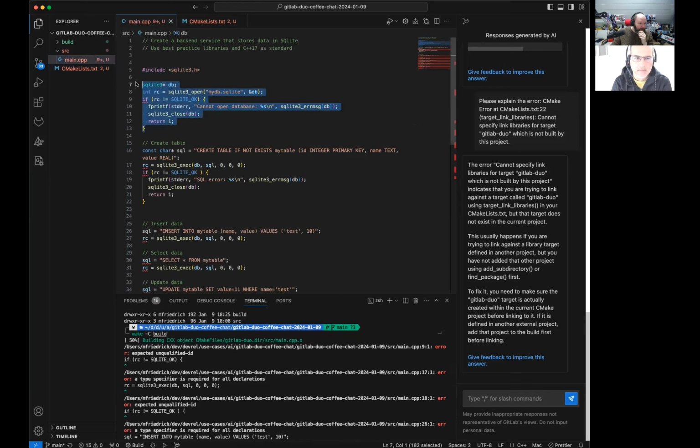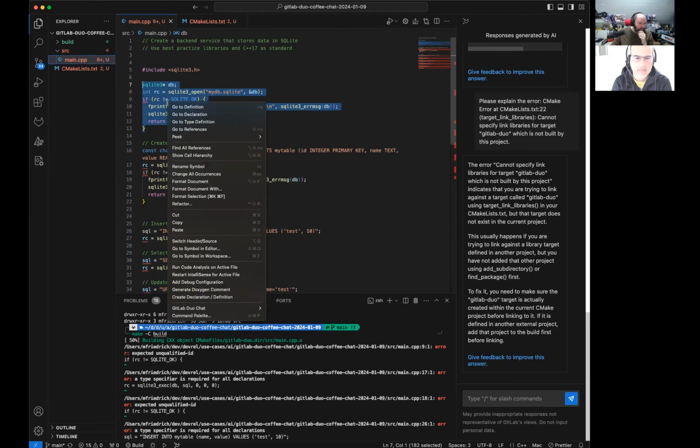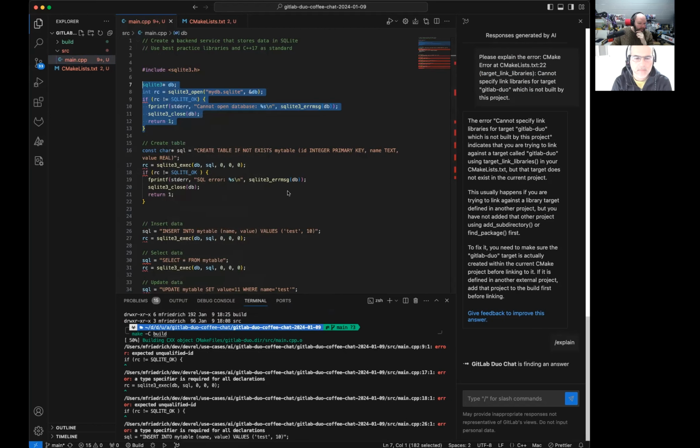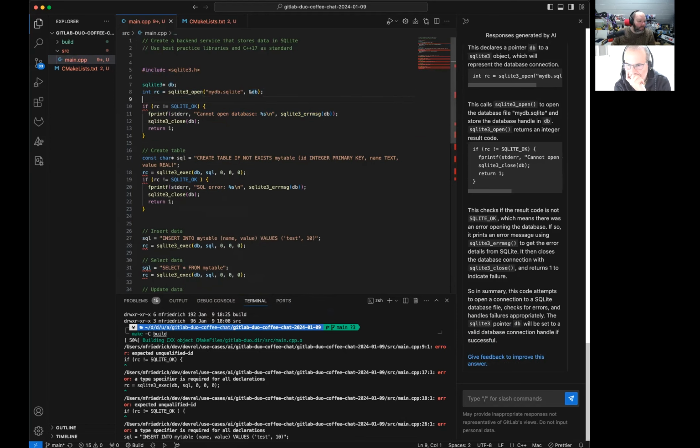What I can do here is to say, explain this code, maybe. I'm not sure if explain this code is capable of fixing programming errors, but it's worth a try. How did you do the explain? You highlighted the code and did slash and explain? I think I missed. Yeah,